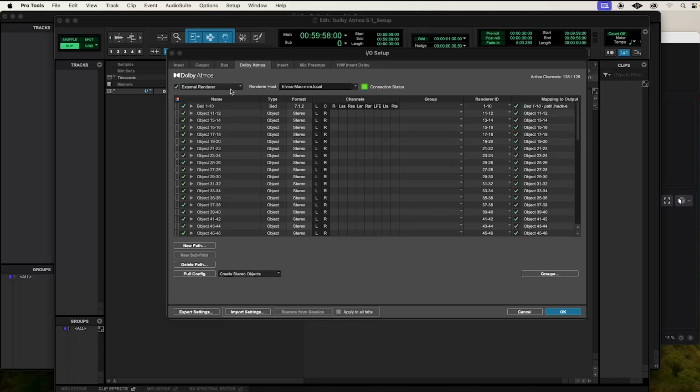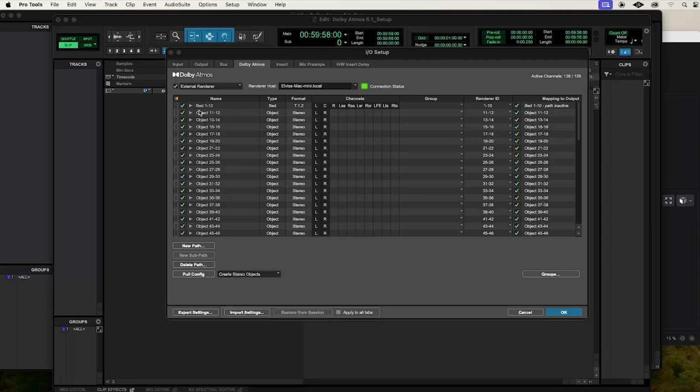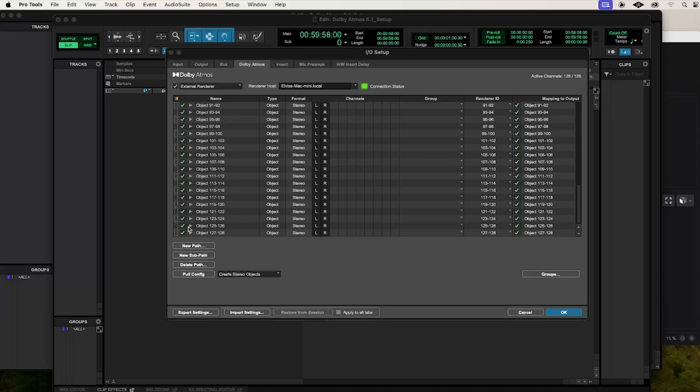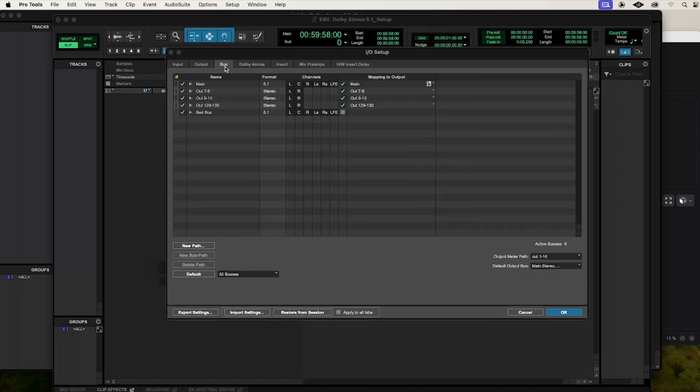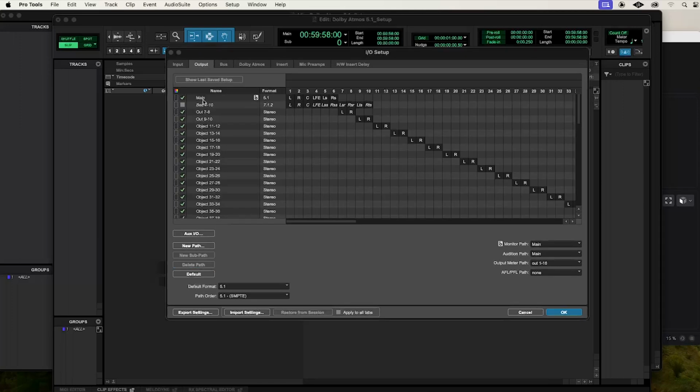That should be green. External renderer, and Pro Tools has an internal renderer now, but we're using our external renderer so we can get some great flavors of file types and output, like MP4 audio and video, which we'll show you later. So just delete all these original existing paths that you've been using. These ones are my default bridge ones, but I'll just show you how to do it from scratch. So just delete everything on your Dolby Atmos bus, output and input tabs. Once they've all been deleted,